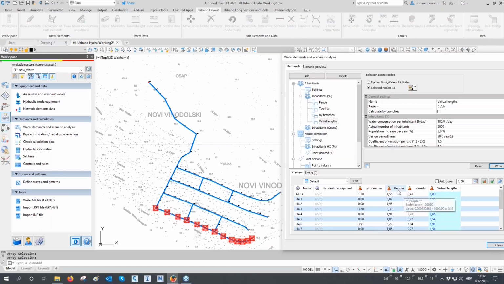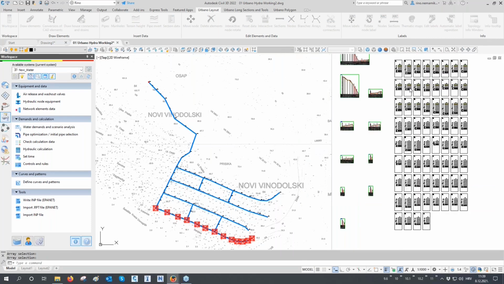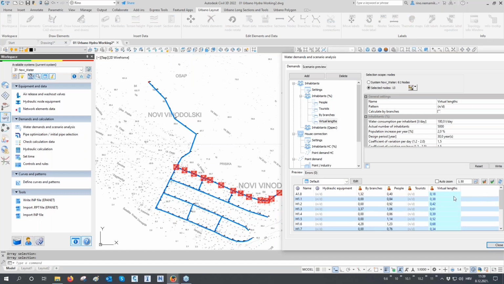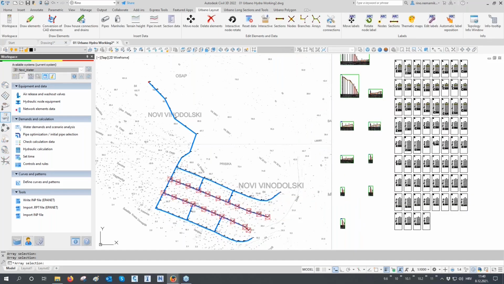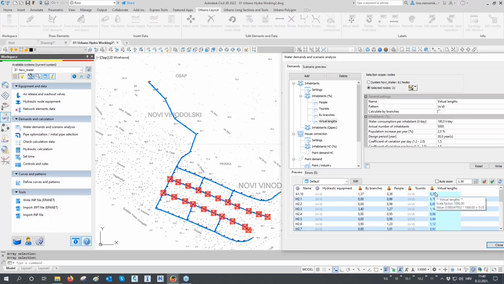So let's analyze people and virtual lengths, and you can see that virtual lengths are much bigger demands. If we select this array here, you see that virtual lengths in comparison to people are a lot less. And also, if we select these two, you see that they are still smaller because, of course, we had that